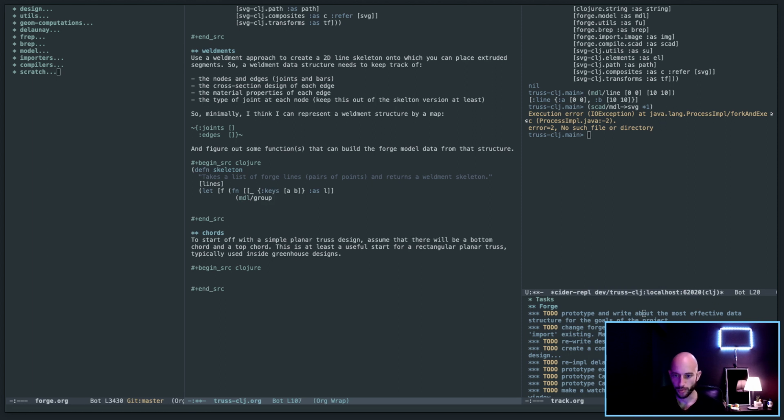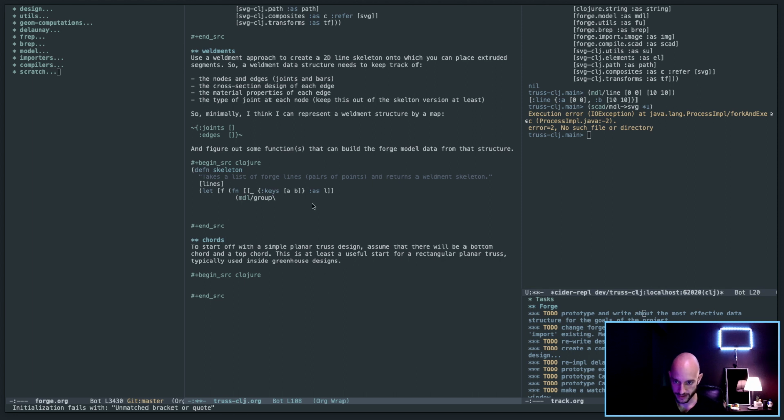Okay, so it's a group, and it's a group of what? Model slash sphere has a radius of 1. Model slash translate. And I want to translate it to